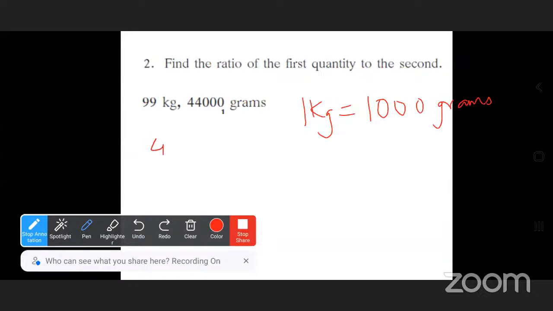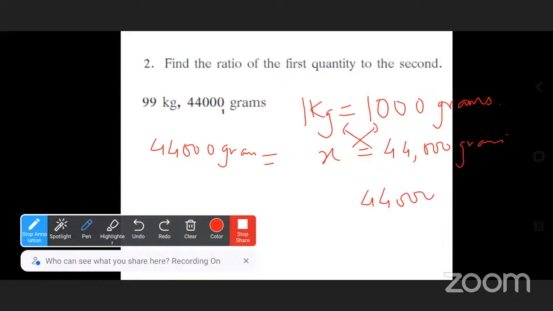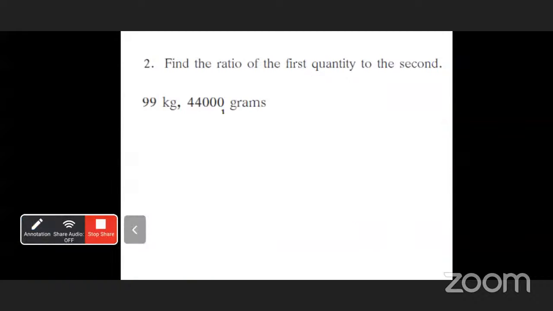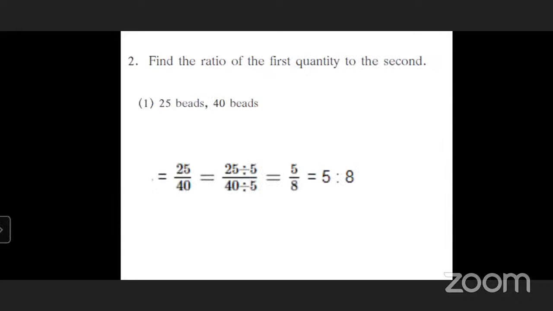So 44,000 grams will be equal to how much? If 1 kg is equal to 1000 grams, then 44,000 grams will be equal to how much? You're going to divide 44,000 by 1,000. Now, how to remember this? Many times people have confusion whether to divide by 1,000 or multiply by 1,000. So, whenever you have to find